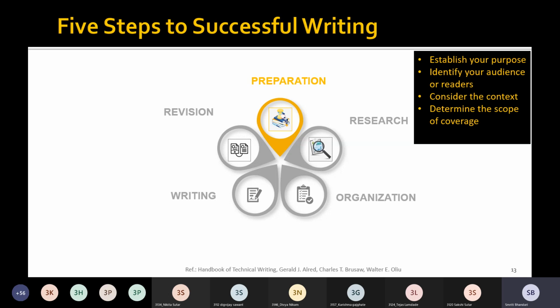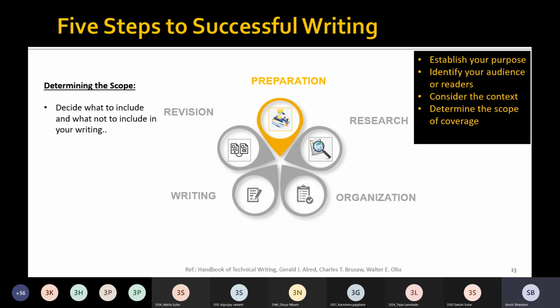Once you have understood the purpose, and once you know the audience and the context, this will help you to decide what to include and what not to include in your report or in your writing. All the earlier decisions you have made will enable you to determine your scope of writing.